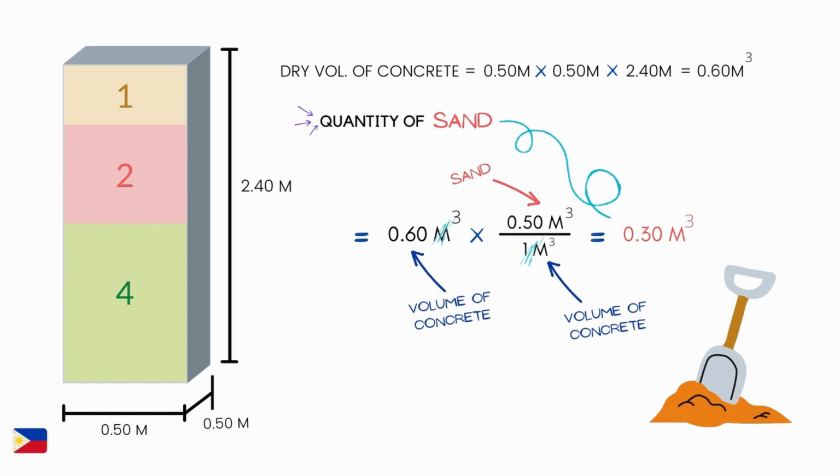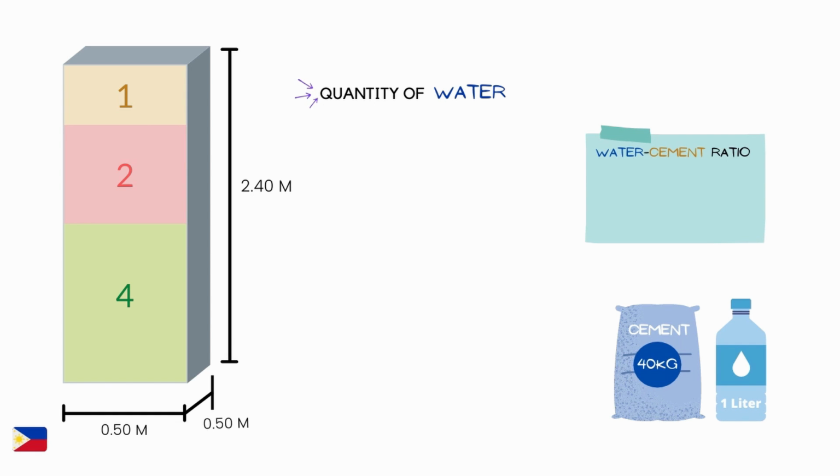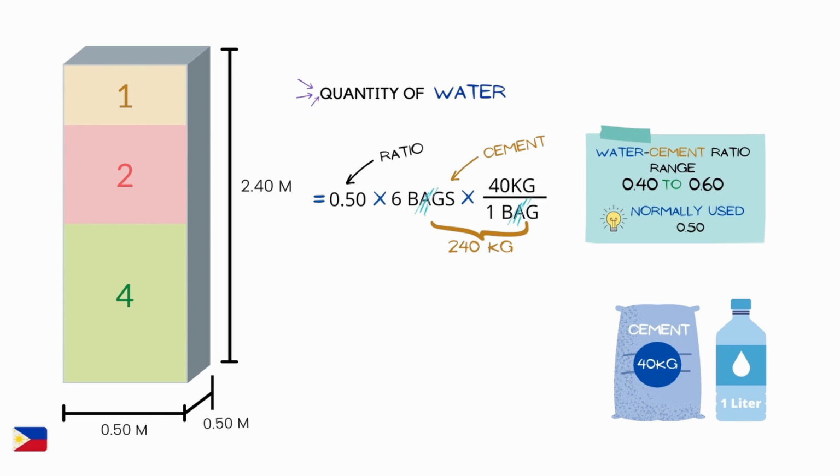For the quantity of sand and gravel, I will just replace the 9 bags with 0.50 cubic meters and 1 cubic meter respectively. But of course, without water, it won't properly mix. In estimating the quantity of water, it is highly dependent on the water-cement ratio that ranges from 0.40 to 0.60, and normally we use 0.50. So using 0.50 as an example, the computation will be as follows: 0.50 multiplied by 6 bags multiplied by 40 kilograms per bag, I will have 120 kilograms of water, or 120